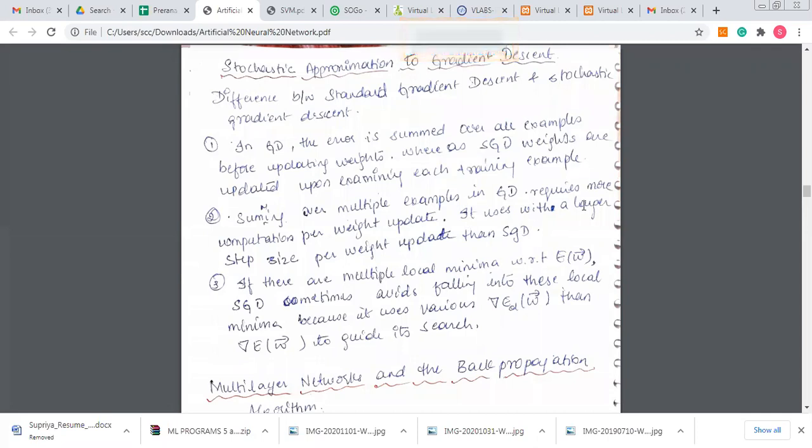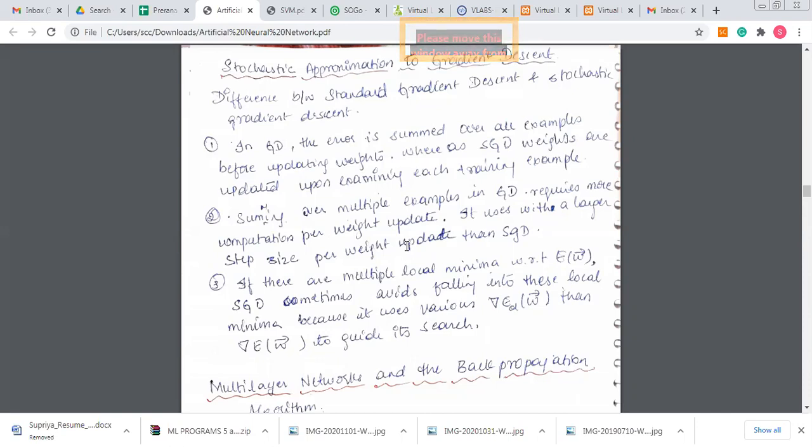So it uses a larger step size per weight update, which is the learning rate here. Every time you can't be performing so many operations. So rather than using 0.001 or 0.004 as my learning rate, I will take something like 0.4 or 0.1. I will have a larger step size here.